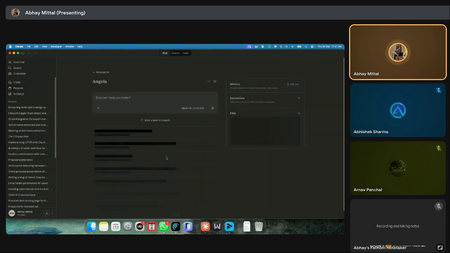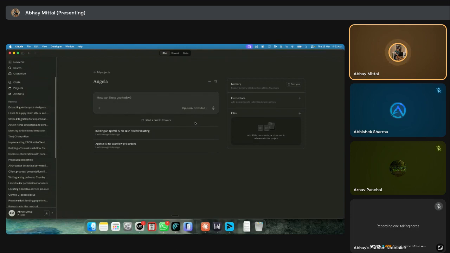So what I can do is create a project, and all the context that Angela has shared with me so far could be her product document, my WhatsApp chat with her, or my meeting. Like Arnav, the other day we had a meeting with Jay. I had a full recording of that meeting, and I copied the whole transcript, where I was saying something, then you were saying something, then Jay was saying something. All of those dialogues, I put all together, and based on that meeting,